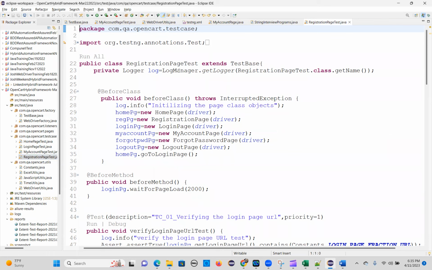So registration page test. Okay. Private log manager. So registration page test. So in the before class, we'll set up. No, I think to set the data, you can use